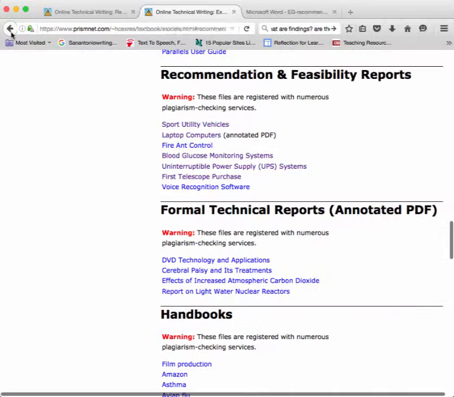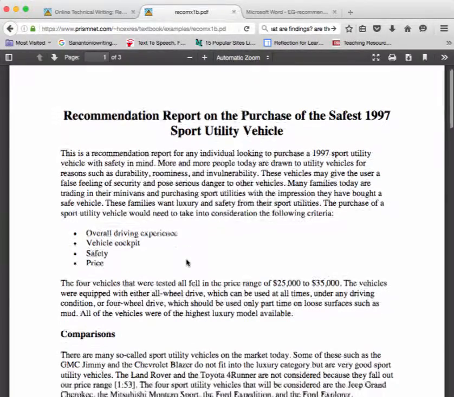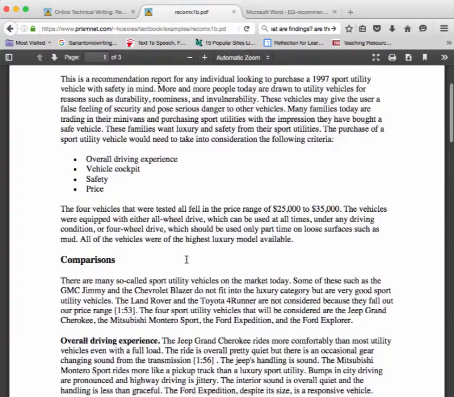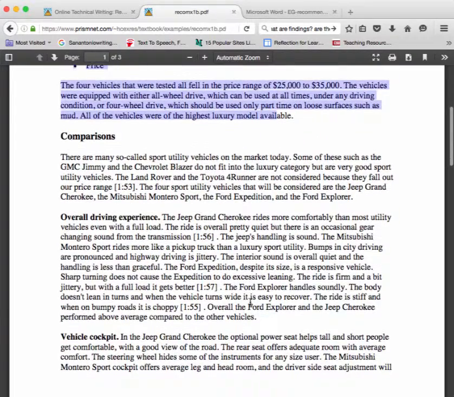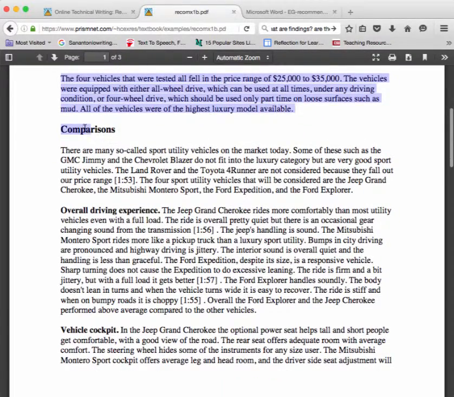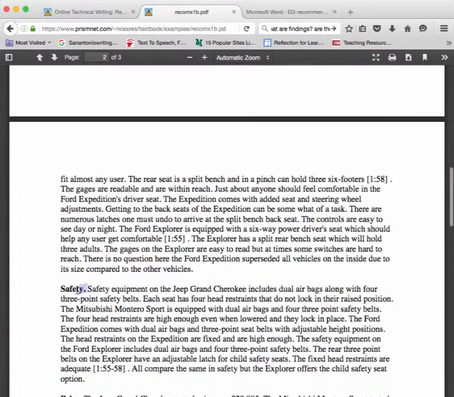Let's look at one more comparison. A number of y'all are doing cars or schools. So here's kind of their introductory stuff. Again, we're doing more, but here's where they get into what we would call the results or findings, and they're structuring it by criteria. Overall driving experience, vehicle cockpit, safety,